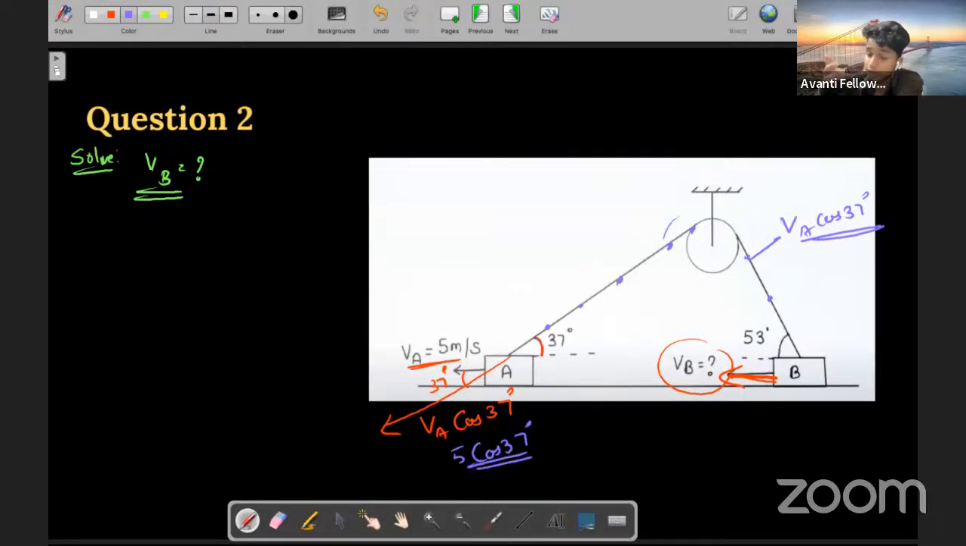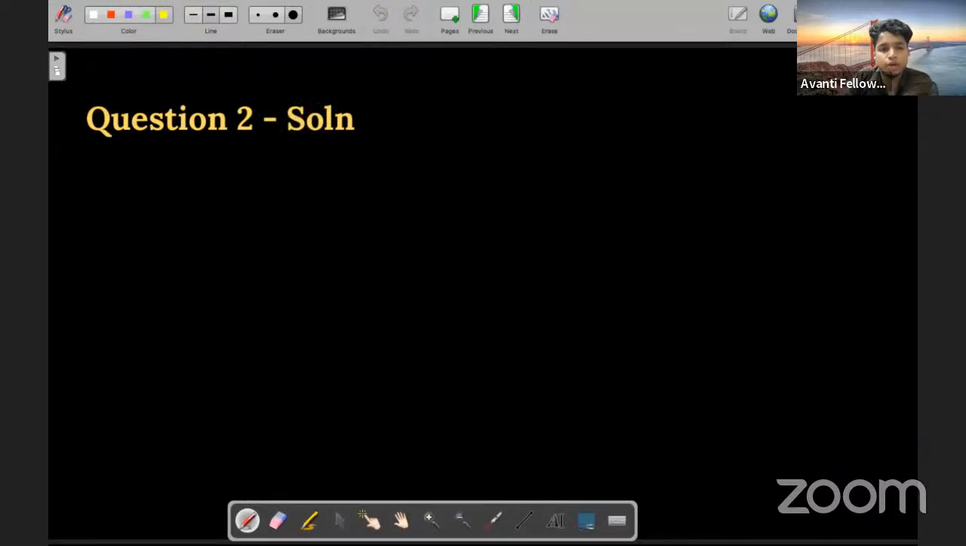Now, similarly, like in the previous problem, we saw that if it is moving in this direction, and if it has 53 degree, then we know that there is a component, that is what? VB sine 53 degree. Yes or no? Now you know that there are two components, VA cos 37 degree and VB sine 53 degree. So can I write, we know that VA is 5. So can I write, students, 5 cos 37 degree equal to VB sine 53 degree? Can I write like this? Let me know in the chat. So what was it? It was 5 cos 37 degree equal to VB sine, sorry,